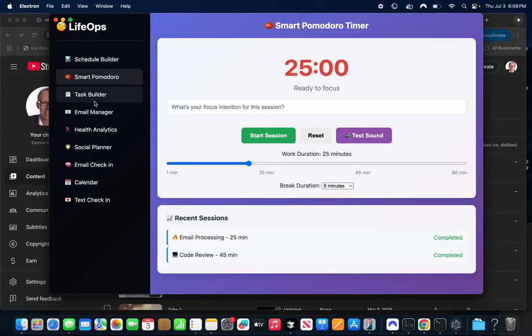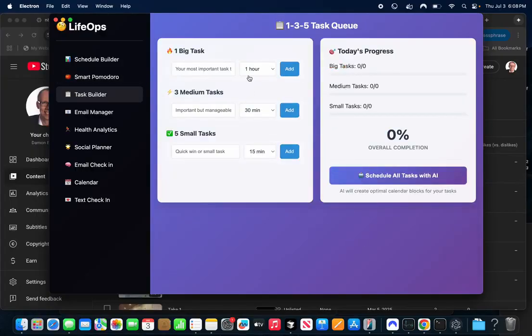All right. So last thing on this is you can take the same functionality and do your own task builder if you want. If you don't want to go through the whole agentic flow, you can just take that one step and add a task, and you can schedule these tasks. AI will find blocks in your schedule where it could add them, right? So think about when things change during the day, stuff like that.